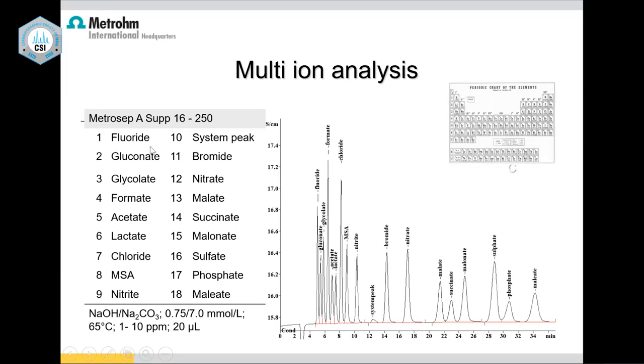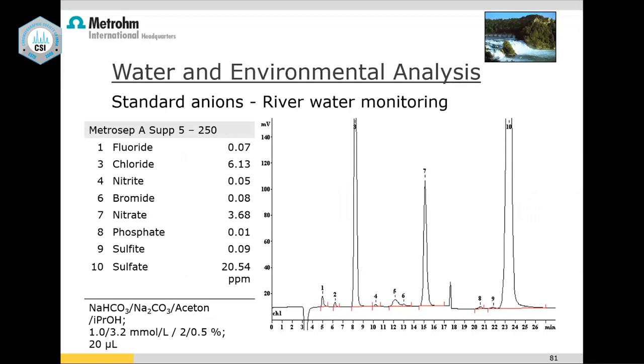Then, as I said, just for example, 18 ions in half an hour or 35 minutes. You see here, not only fluoride and chloride, we are able to do organic acids also: gluconate, glycolate, formate, acetate, we are doing them as organic anions. That is very good with respect to the technique. You don't find any other technique which can do all these analyses. So it's a very good tool for such ions. Then coming to environmental analysis, we have river water monitoring. You can monitor groundwater, raw water, lake water, pond water, ice, pore water, etc. So many analyses are possible.